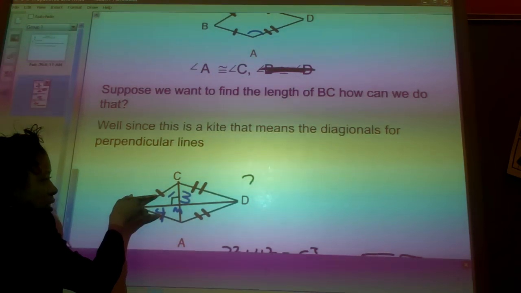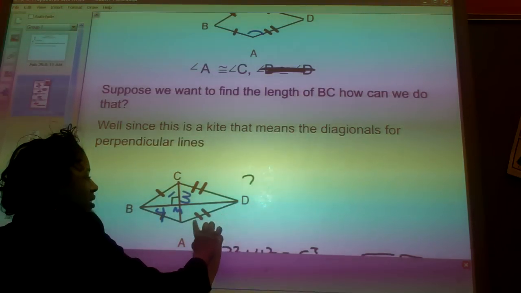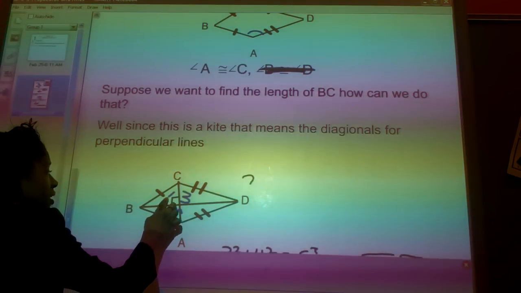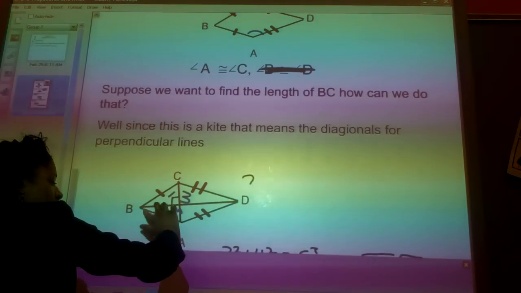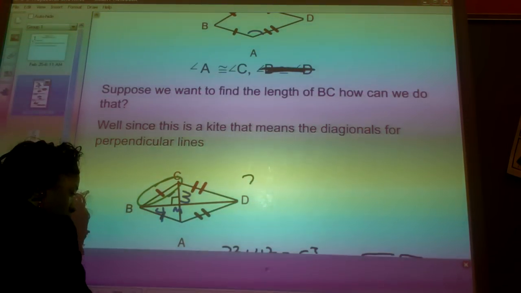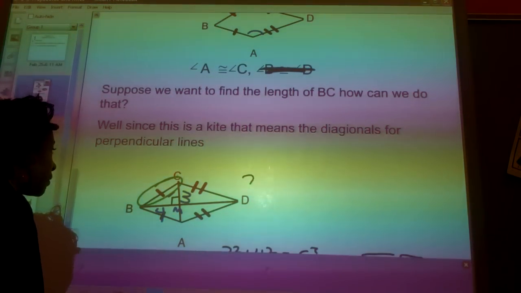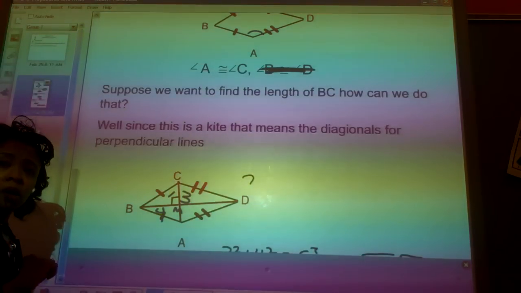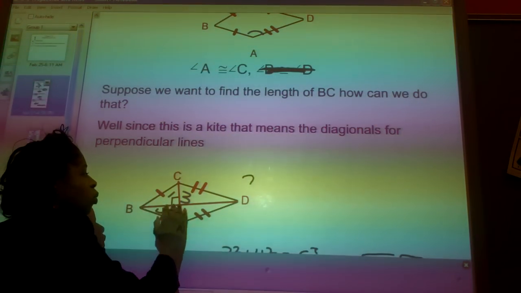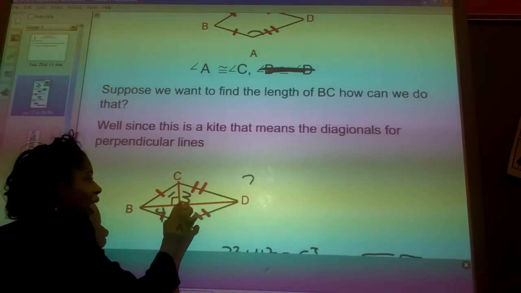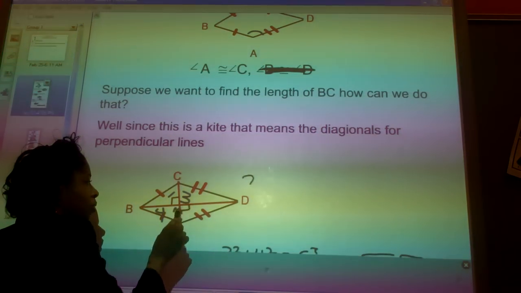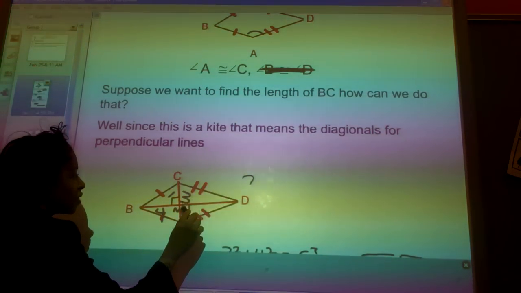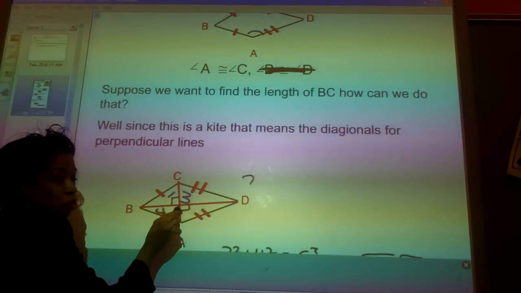Remember, they have to be next to or consecutive. And CD is congruent to AD, they're congruent. That's the second pair of consecutive congruent segments. How can I determine the length of BC here? Well, what do I know about a kite? I know that in a kite, because I've drawn the diagonals here, the diagonals will be perpendicular, forming 90-degree angles. All these are 90 degrees. Okay? If I want to call this point of intersection M here,